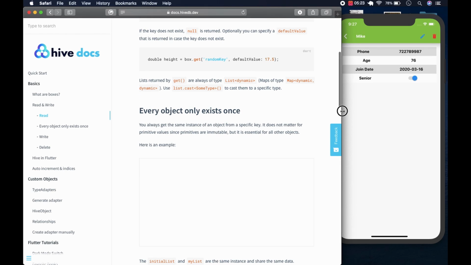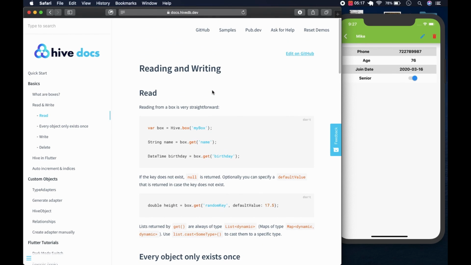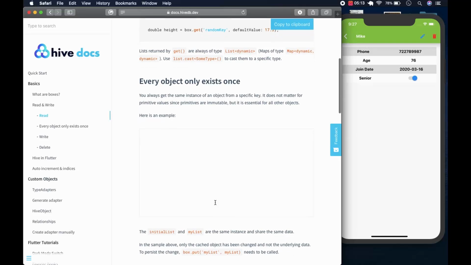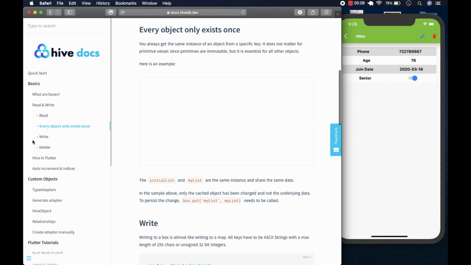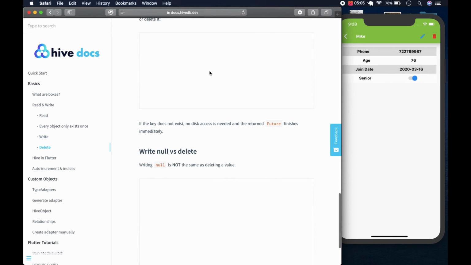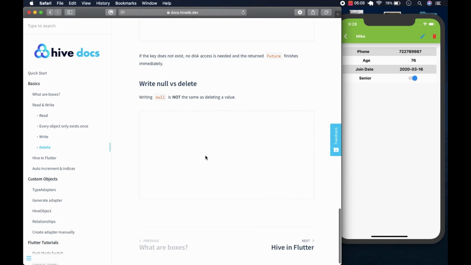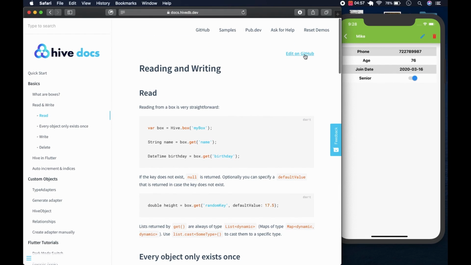When you come down, you find that there are big empty spaces like this, for example when you click on reading and writing. So if you want to see what exactly is in this space that you can't see, for example in write, there's delete, writing null versus delete. If you want to actually see it, the easiest way I found is to hit